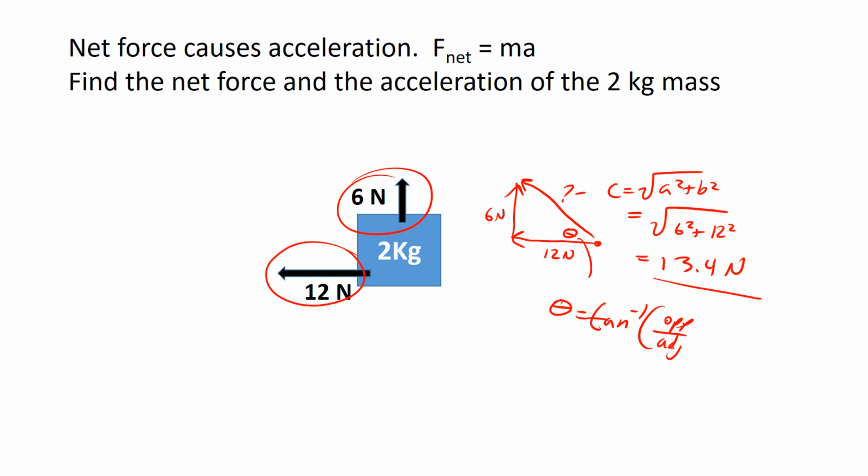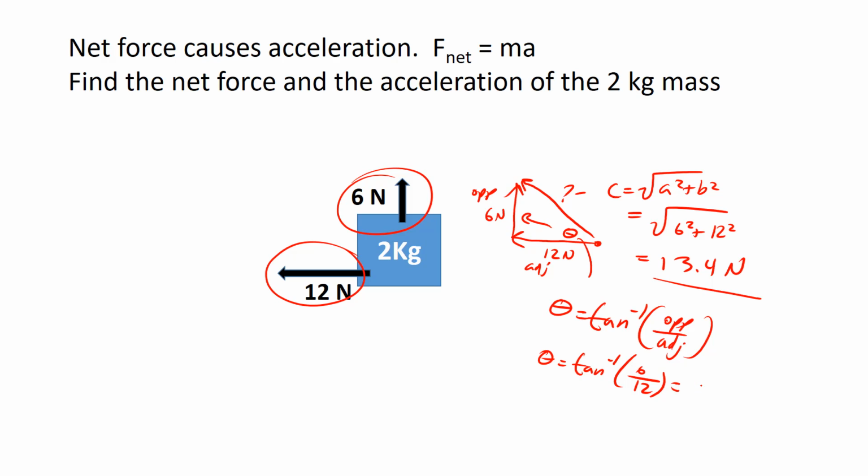But we want to find the direction too, and that's going to be inverse tangent of opposite over adjacent. So let's analyze this triangle. This is the opposite, and this is our adjacent. So to find the angle, angle equals inverse tangent of opposite, which was 6, and adjacent, which was 12. So inverse tangent of 6 divided by 12 equals,